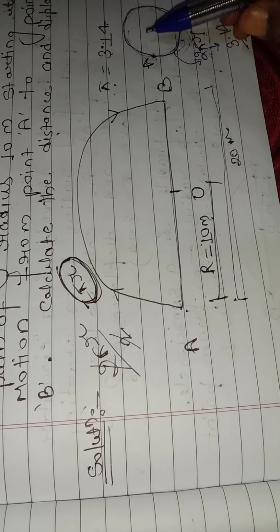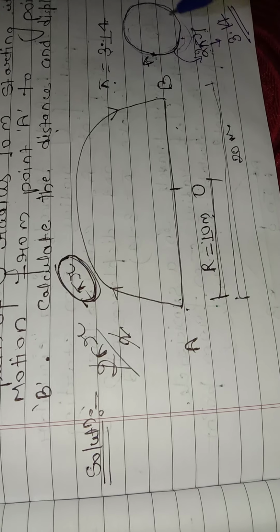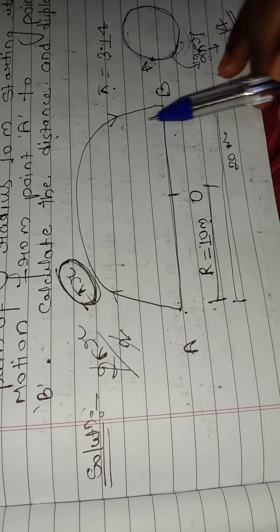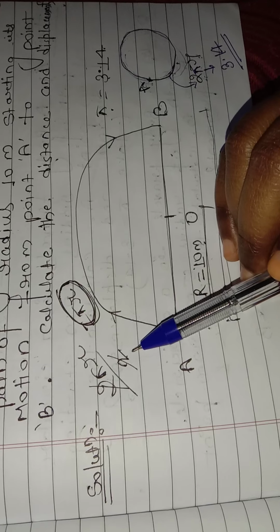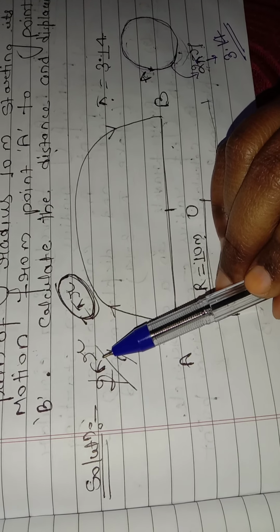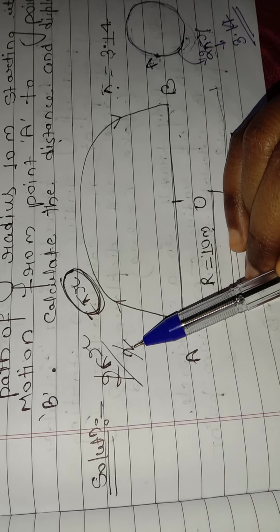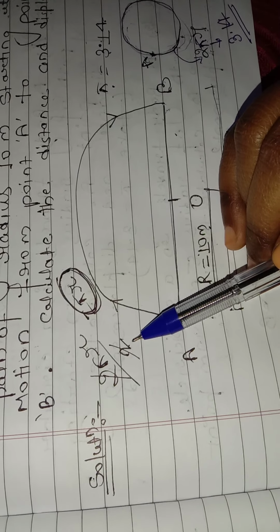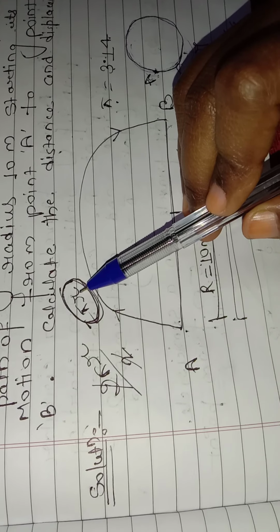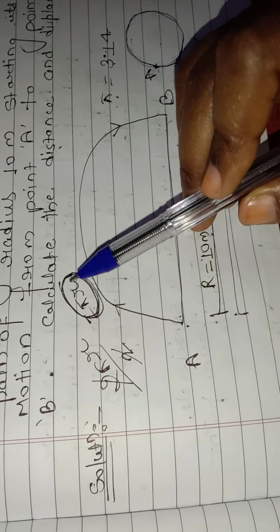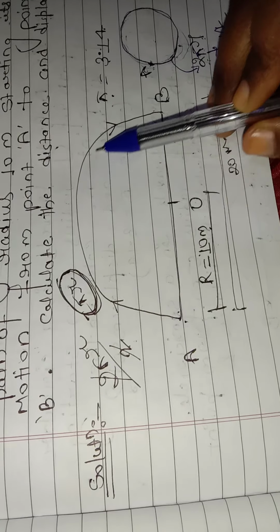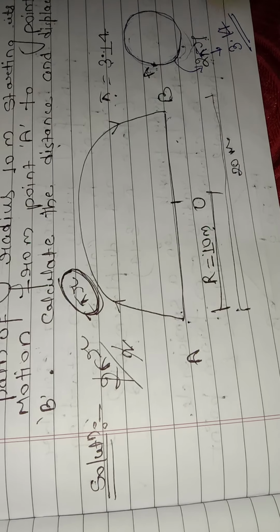So since the circumference of a circular path is 2 pi r, then what is the circumference of a semicircular path? Obviously 2 pi r divided by 2. You have to divide the circumference of a circle by 2. So this 2 will be cancelled out, and your answer is pi r. R is what? Radius. So distance is the circumference of this semicircular path.